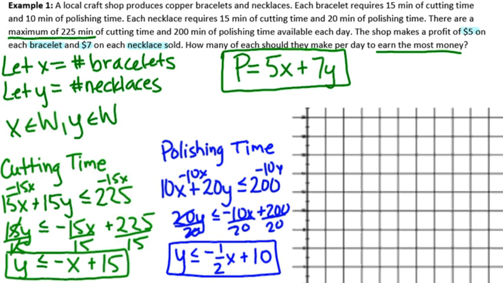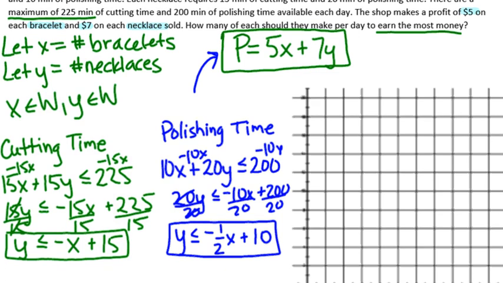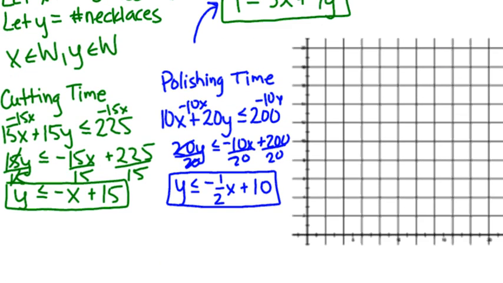So these are the two inequalities we're going to graph to identify our vertices, where they all intersect with each other and the axes on the graph to the right, and plug those points into our objective function right here at the top again to see which one will help us earn the most money. So let's graph these two, starting with green. We have a y-intercept of 15 and a slope of -1. So using this graph to the right,